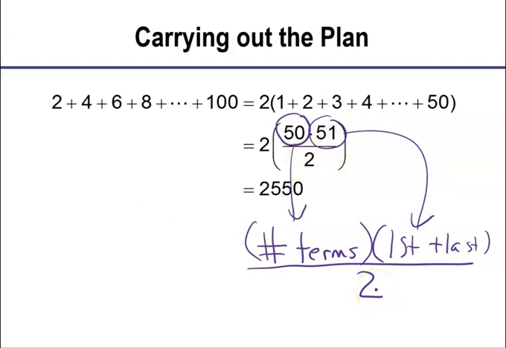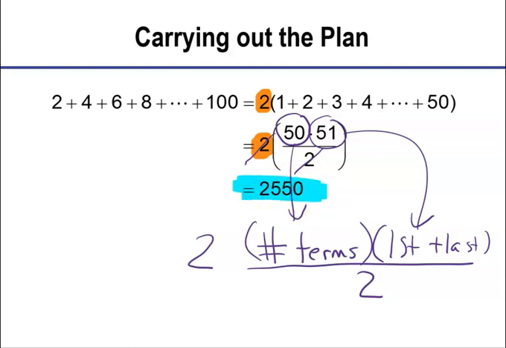Now remember why we divided by 2 earlier? It's because when we added the series to itself, it was too big, so we had to divide it by 2. Now this 2 that's out front, right here, remember that's the 2 that we factored out because these were all even numbers. So that 2 is still there. So this 2 is out front. Now you know what's going to happen. This 2 is going to cancel this 2, and you can multiply 50 by 51 over to the side as scratch work, or you can just type it in your calculator, and notice that results in our final answer down here, which is